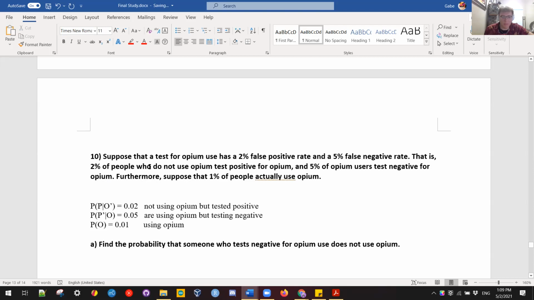Should actually read it. People who do not use opium test positive for opium. So given that they don't use opium, they test positive for opium. So you could think of, hey, given that they use opium, they don't test positive for opium. So then that would be the,